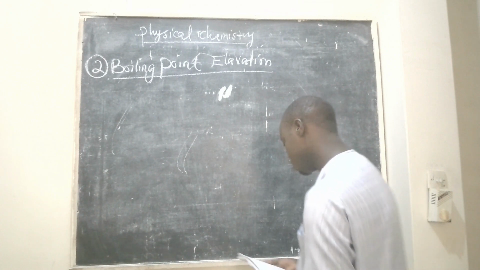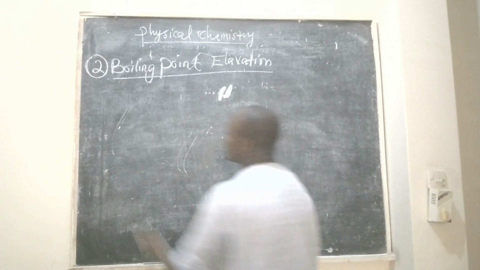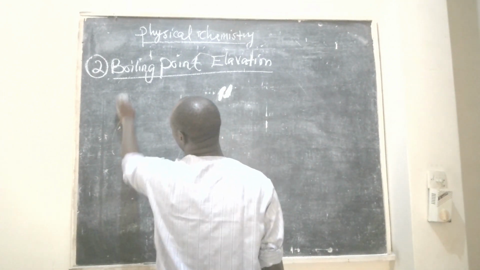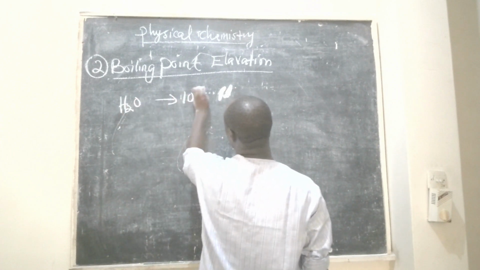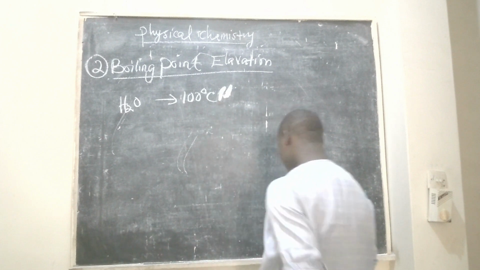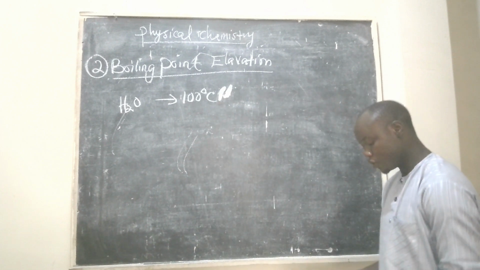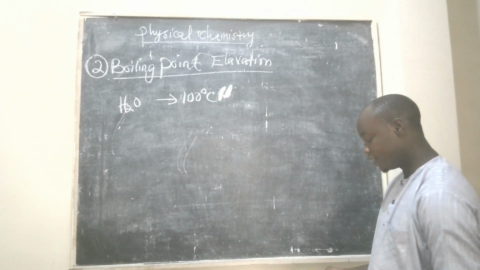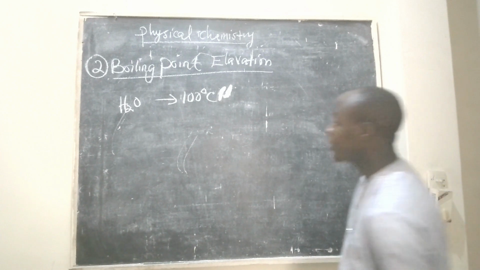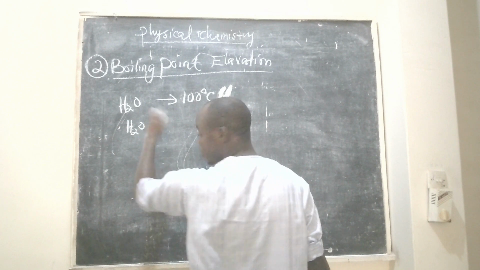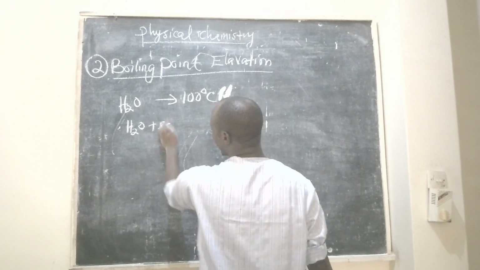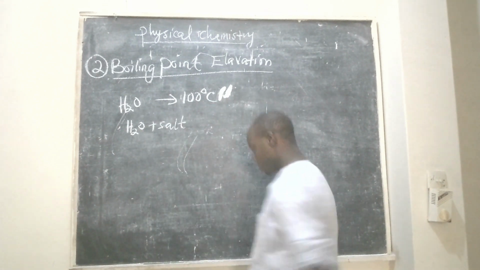For example, we know that the boiling point of water is 100 degrees centigrade. But in a situation where you have pure water, and you add salt,